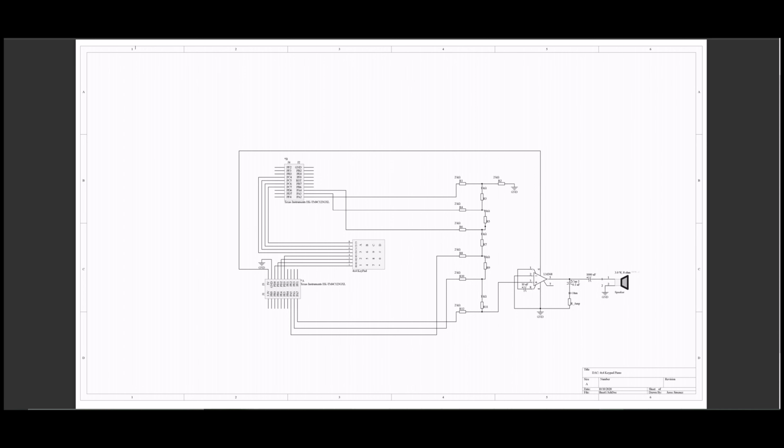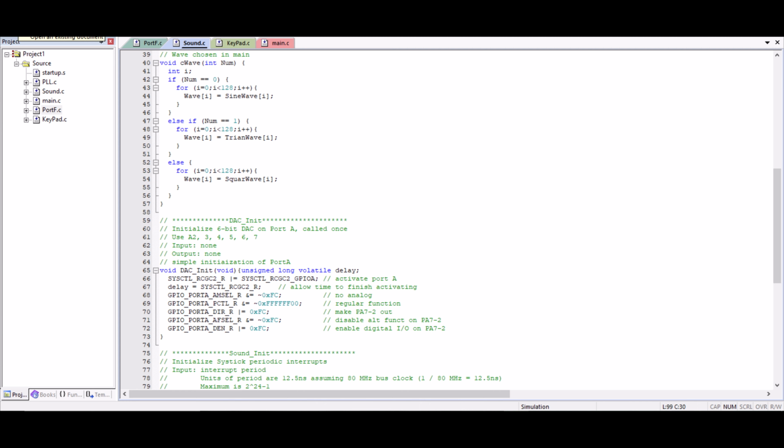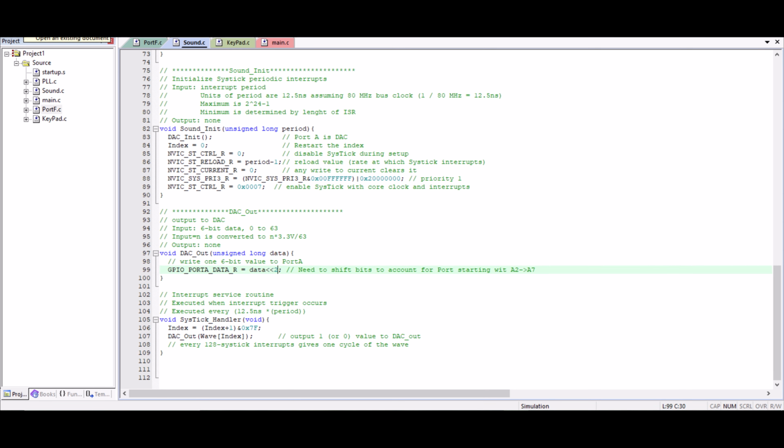A function is instantiated so that we can choose which of these waves we are going to use. Again, this is dependent on the mode we are in when in main. We then initialize port A on pins 2 through 7. Finally, we set up our SysTick and handler. Note: on line 99, when we assign data to port A, it is necessary to shift by 2 as our